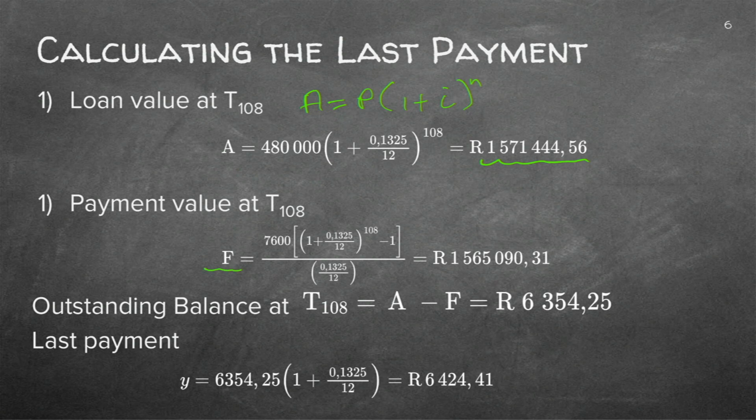Now, you know the F formula by now. So let's just write the F formula. It will be x[(1 + i)^n - 1] all over i. Always write down your formula first before you start substituting. Now, why am I doing the F? I'm busy with the loan. I want to know how much I paid up to 108 months.